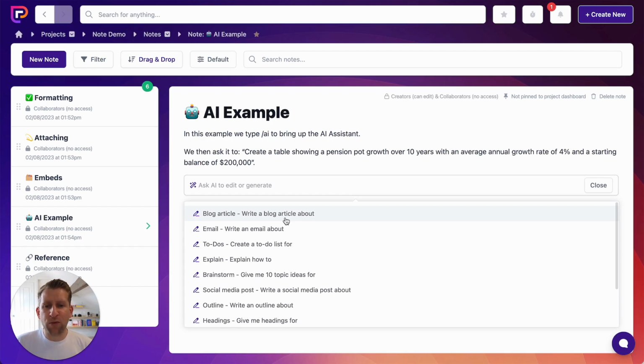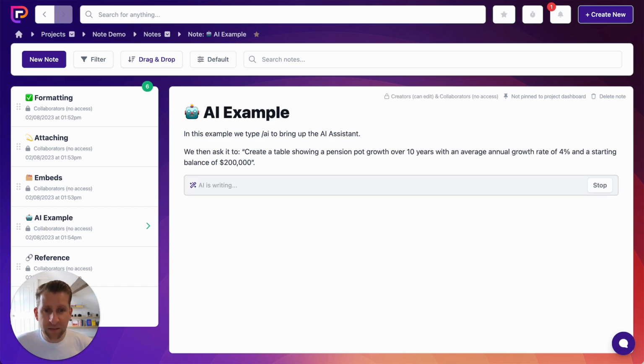So we've got a prompt here, an example prompt: create a table showing a pension pot growth over 10 years with an average annual growth rate of 4% and a starting balance of $200,000. So it's a fairly descriptive prompt, and let's see what AI does with it. So if we pop that in there and hit enter,